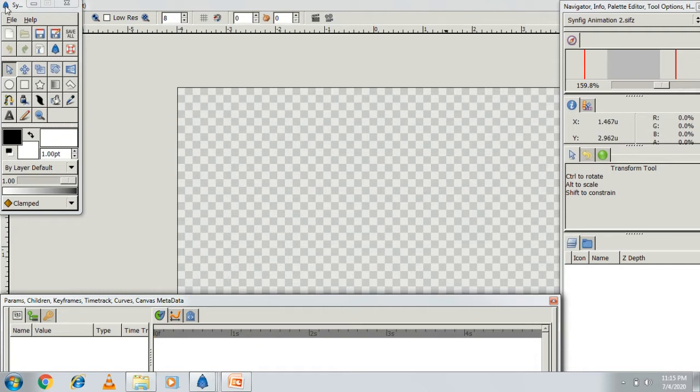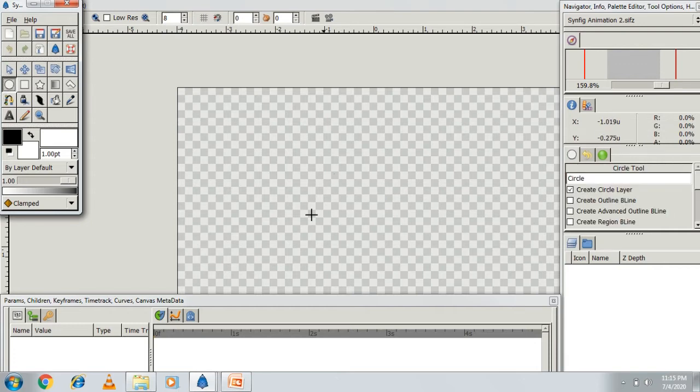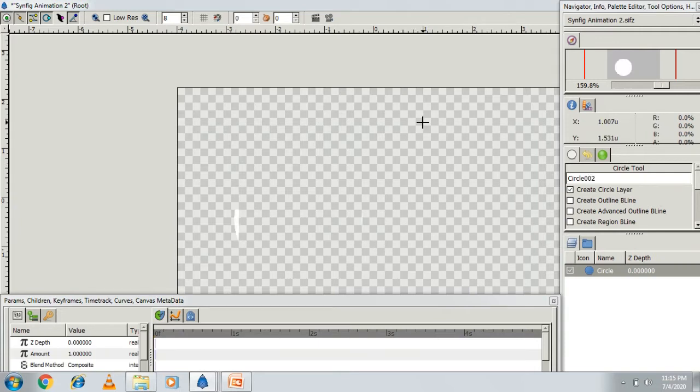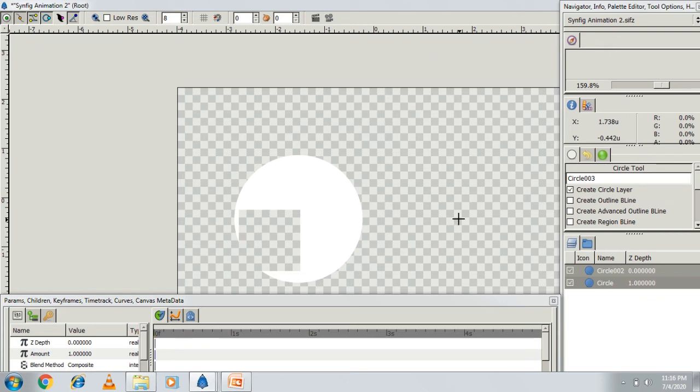This is your toolbox, students, and from here if you want to make a circle, click on the circle tool and you can make a circle here. Okay, like this you can make a circle.